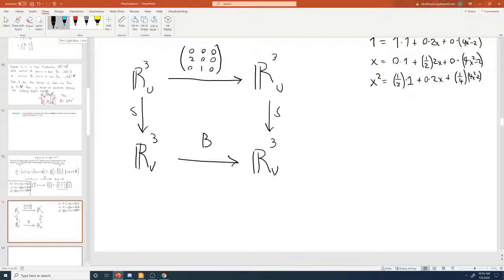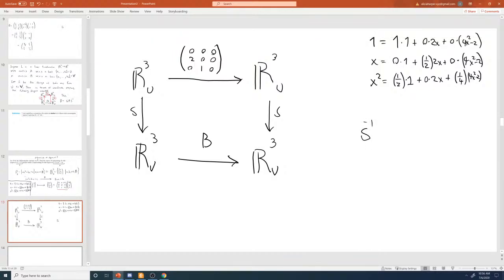This shows me that S inverse times the vector, in this case 1, 0, 0, so this is a coordinate vector, is equal to 1, 0, 0. It also tells me that if I apply S inverse to the vector 0, 1/2, 0, I get the vector